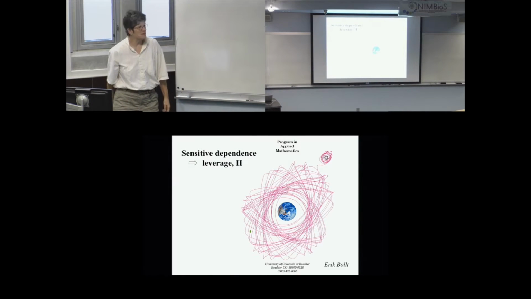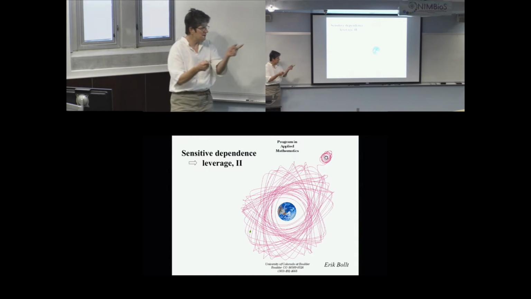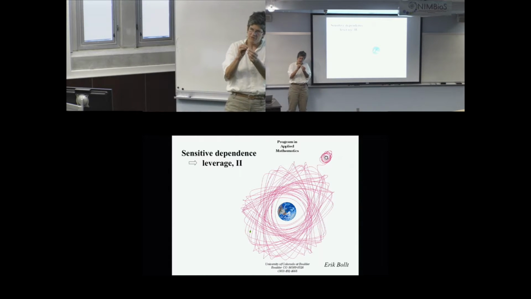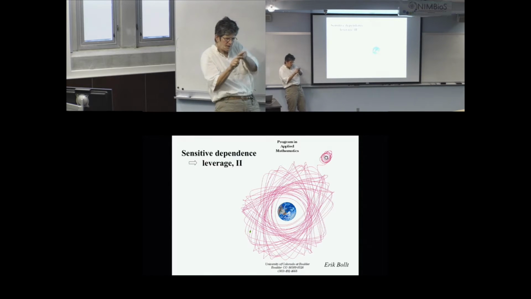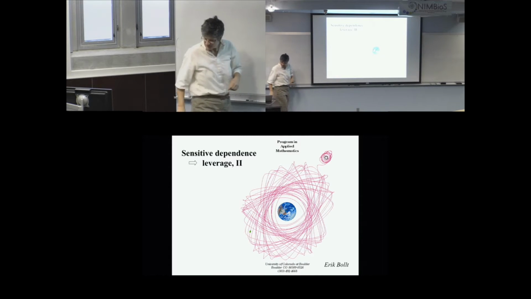Here's another great application. This is work by a guy who was a student of mine a long time ago. And you can see what he was doing, right? He was also using this idea of finding the places where a small tap, in this case a burn of the gas in the spacecraft, would be leveraged by the natural dynamics. So if here I'm rolling down this way, but if I just did a little hop over this way, I'd roll that way. Find those places and exploit them. That's what Eric was doing.